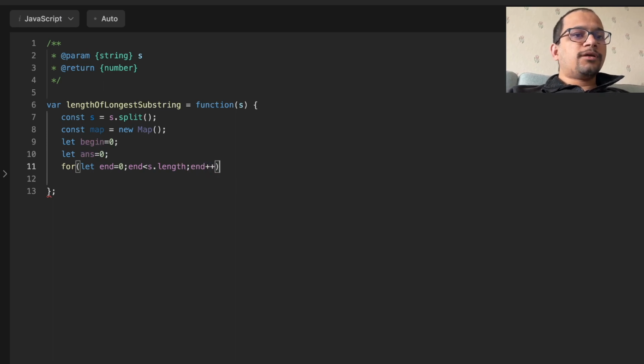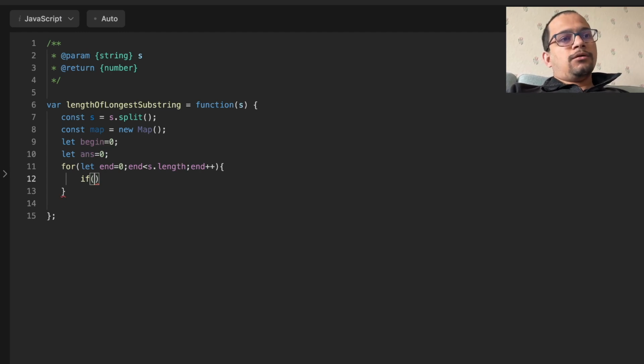We keep moving the end pointer. And what we do is, if the map contains the character pointed to by the current end, if map dot has this character